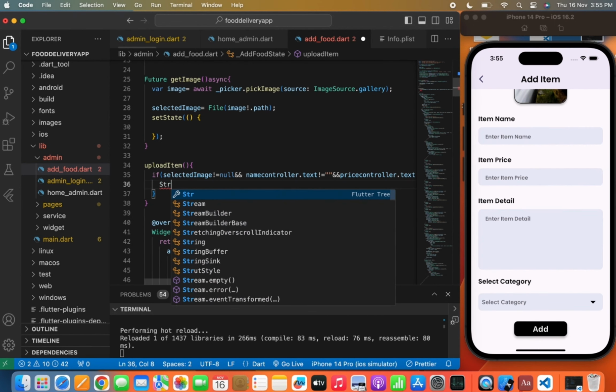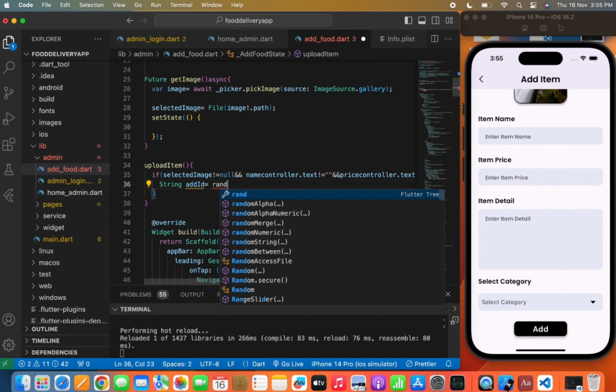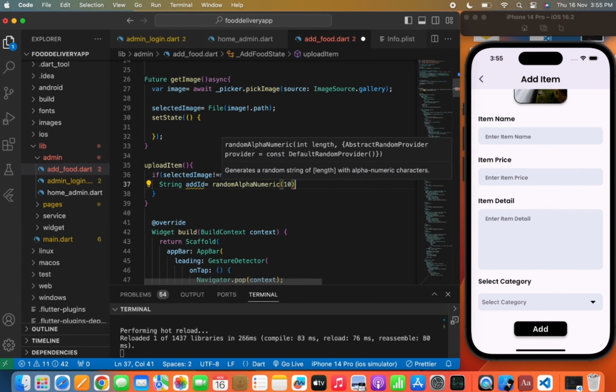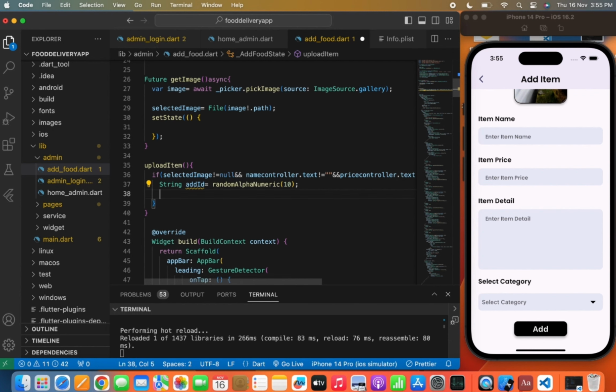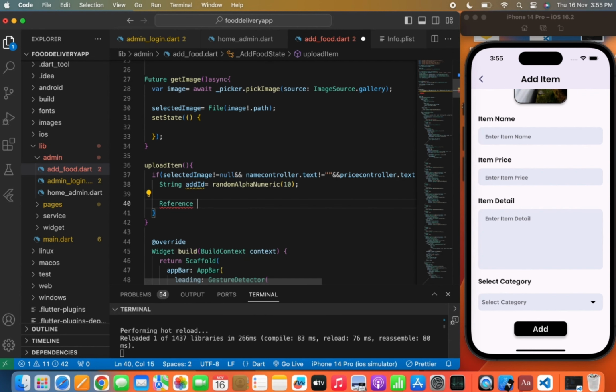Now we'll create a string addId and we'll pass a random alphanumeric 10, and here I am creating a procedure to upload the data to the Firebase storage. So reference firebaseStorageRef equals to FirebaseStorage.instance